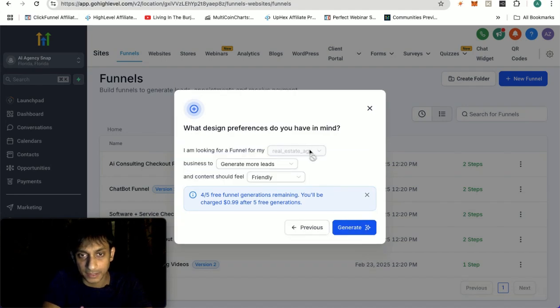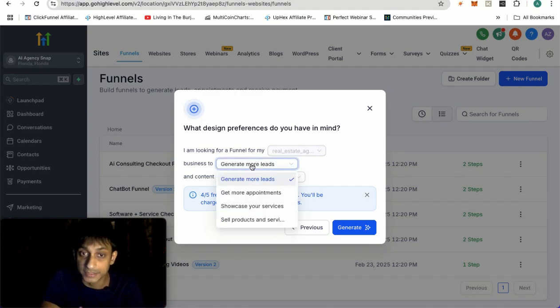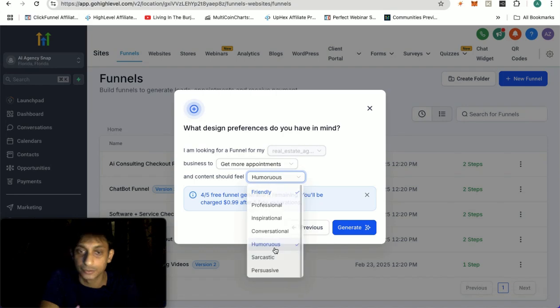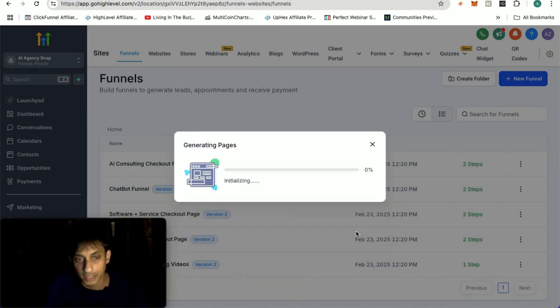And as you can see, 5 of the funnels are free to create, right? And I'm going to tell you about the charges also. What is the goal? The business wants to generate more leads or get more appointments. Let's say get more appointments. And then what kind of content? Friendly, inspirational, professional, let's say humorous, right? And I click on generate. Now we'll wait, and as promised, in under 1 minute, everything is created